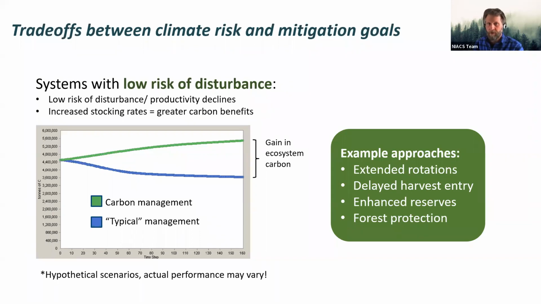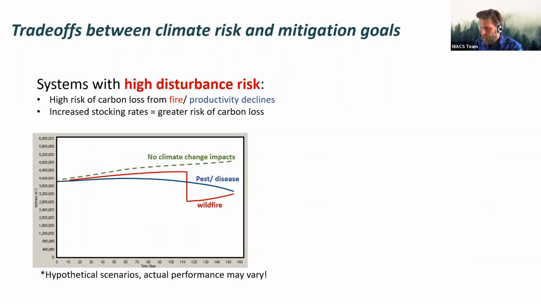You're not really concerned that we have a lot of fuel in this forest and wildfire risk is really high. For systems where you have that high risk of disturbance, whether it's a discrete disturbance like a wildfire, or a more acute or chronic forest health concern like hemlock woolly adelgid or some other insect pest,